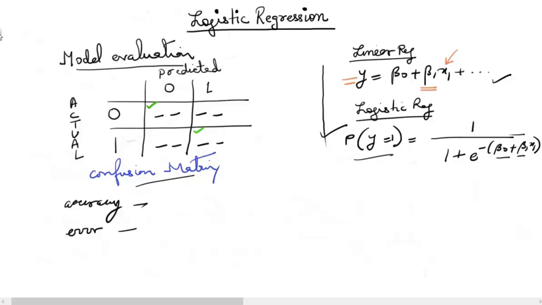Similarly, the other two terms, for example this is an error parameter as it is actually a 0 class but I have predicted class 1 here. Similarly, this is class 1 actually but I have predicted this as a 0, so this is also an error parameter for me. We compute the error by adding these two and dividing it by the total number of observations in the data. Now let us see what these names are called.